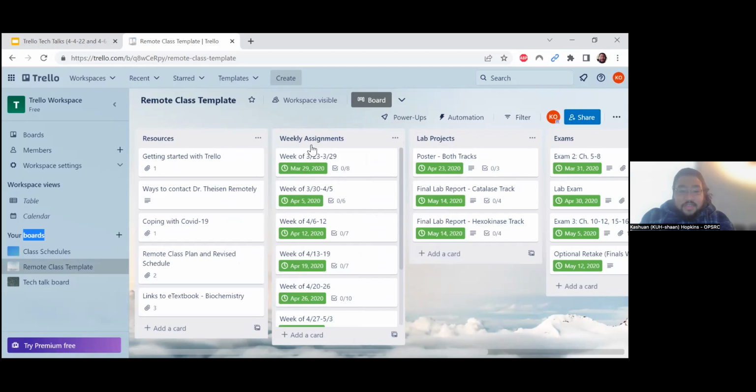And inside of each individual list is a card. You can see I have under weekly assignments, each week is a card. And under each of those cards, you have things like little checklists. I can see there's a checklist with 8 items over it and a due date that's set on there that is responsive. So if I set a due date and that due date is coming up, it will change colors and let me know that this is a more pressing matter that I need to take care of